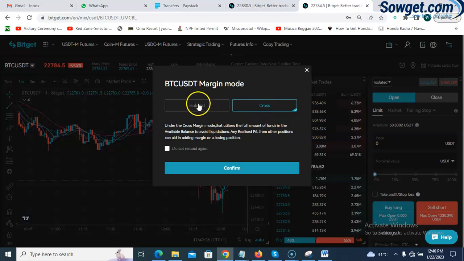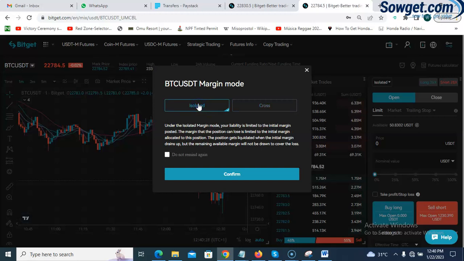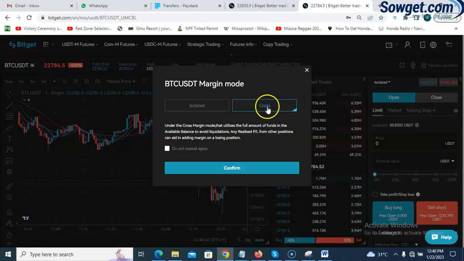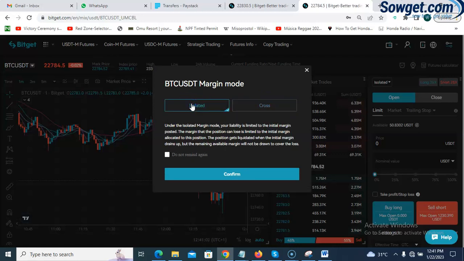So what you must know is that if you are using isolated margin, your liquidation price, which is the price at which your trade will be closed if your position gets into a very big loss, is closer to your entry price compared to cross margin. If you are using cross margin, the liquidation price is very far away from your entry price, but with isolated margin, your liquidation price is closer to your